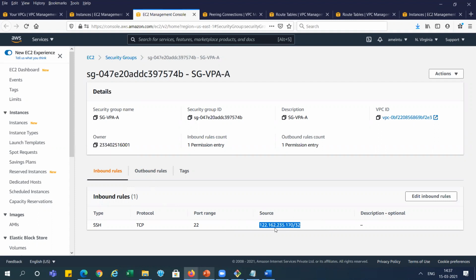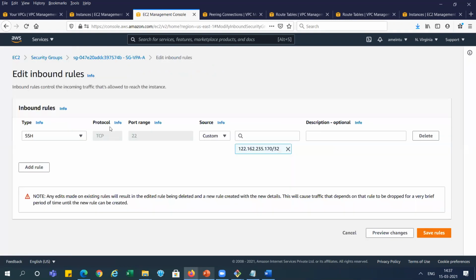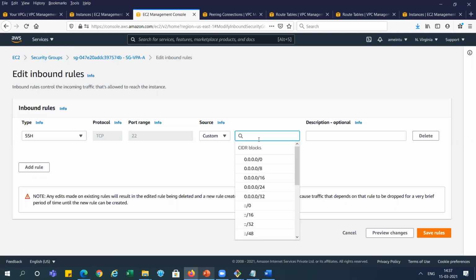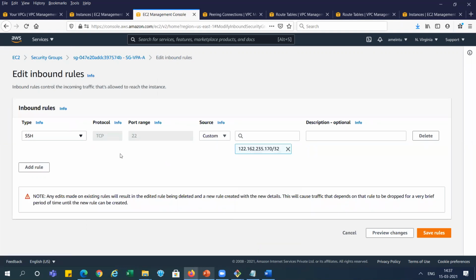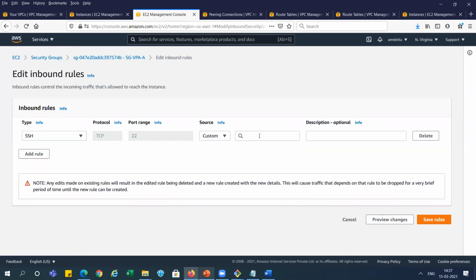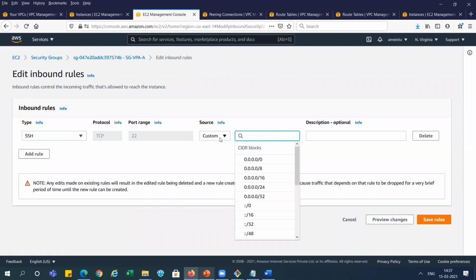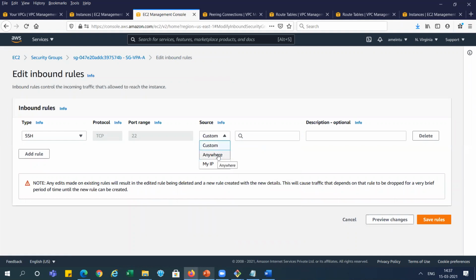So either we can provide the name of the other VPC over here for access, or we need to add the CIDR for all the other instances here. Or the alternate way, I am opening it to anywhere. But in production, we can use custom and provide the CIDR for that, right? Both options are valid.